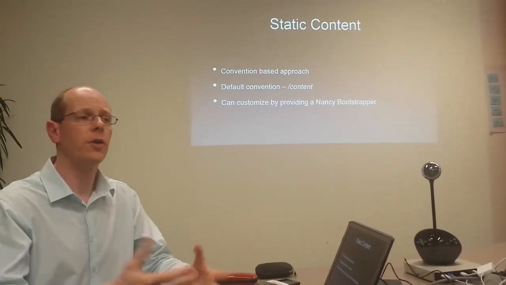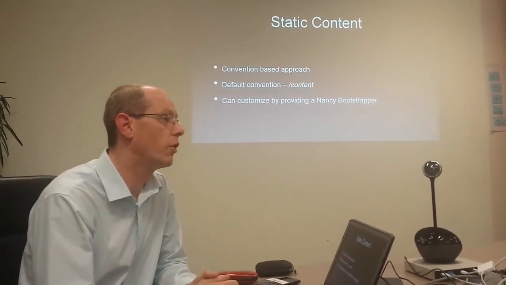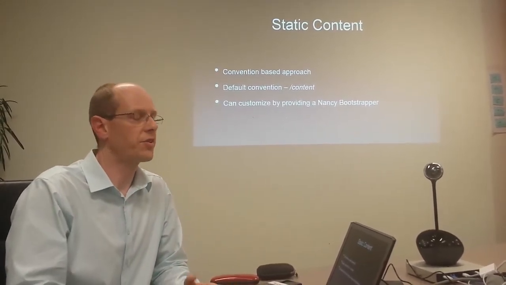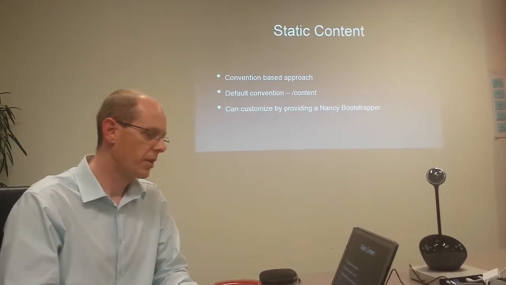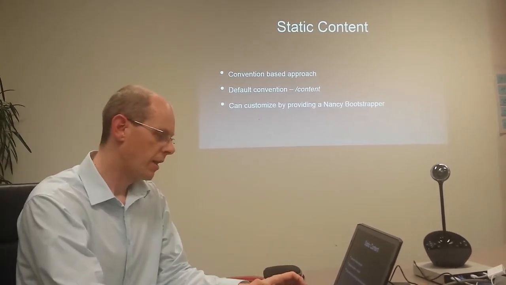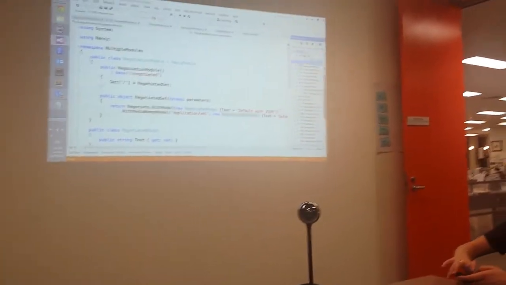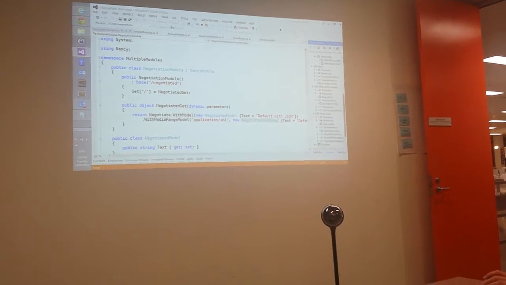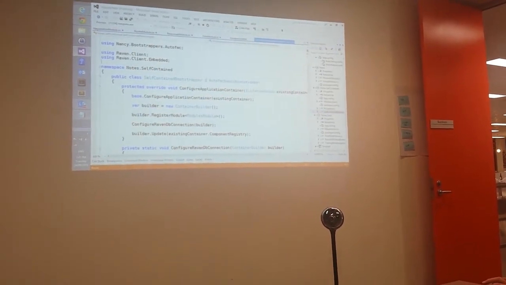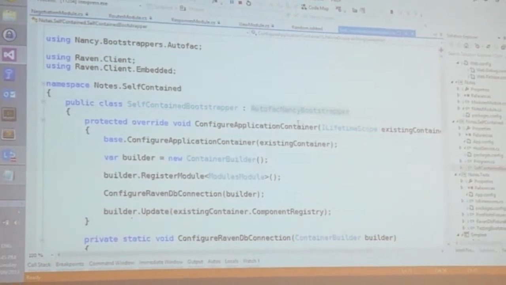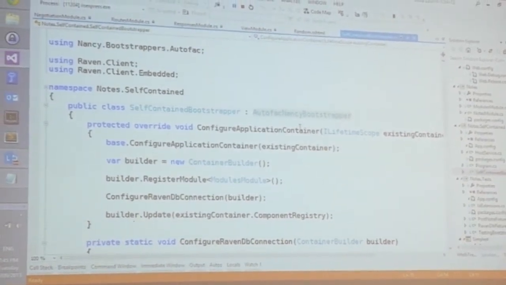If I want to add extra folders, again, not hard. I just go to my conventions and I add another item into my config, my setup for Nancy when I start the app up, and I provide a bootstrapper. So here's what a bootstrapper looks like. Here's a self-contained bootstrapper. This one here is running off AutoFac as well.